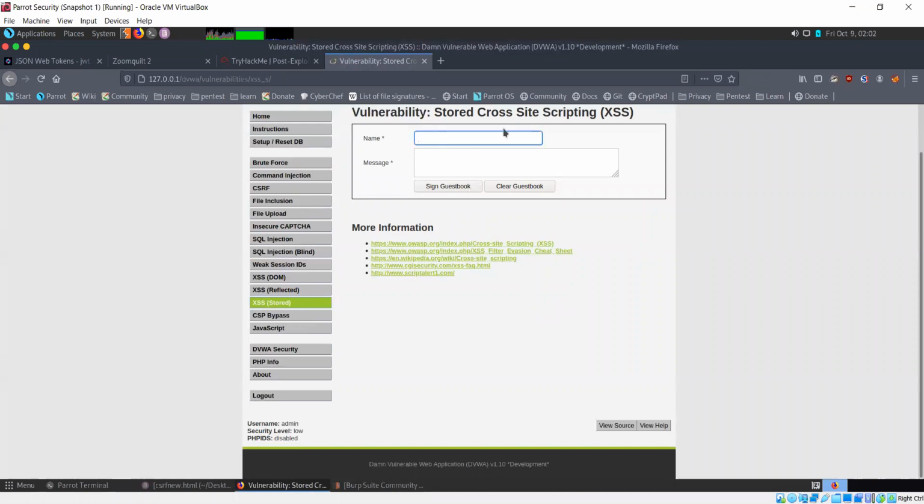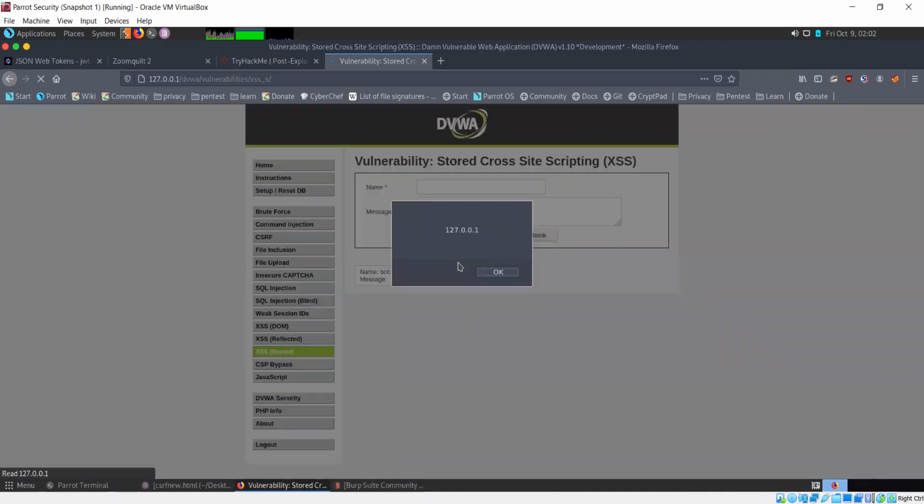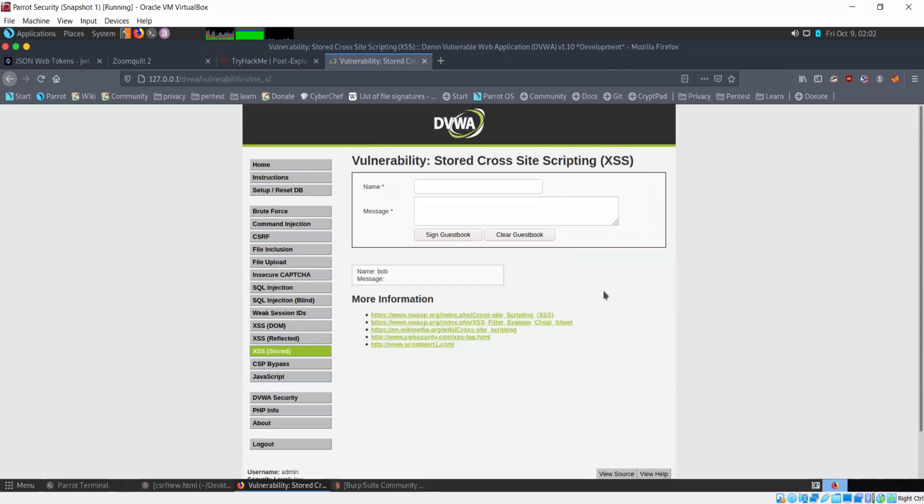Okay, let's try again. Okay, so it's running now, and whoever visits this page will see this kind of an alert pop up on their system. Actually, this is not really what you would want in an attack. This is just to demonstrate.